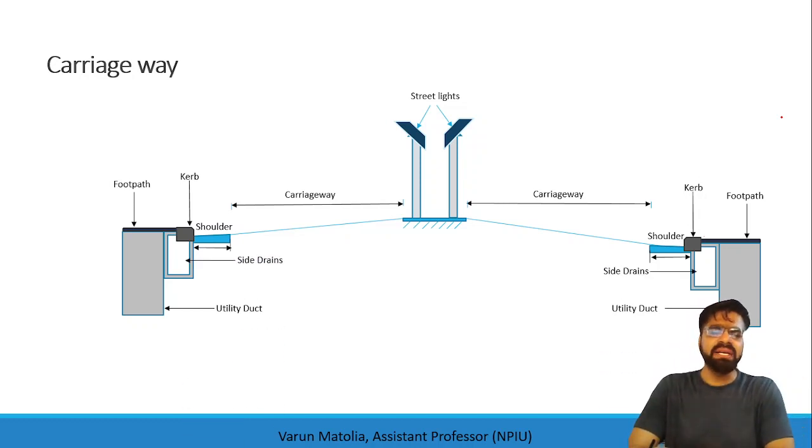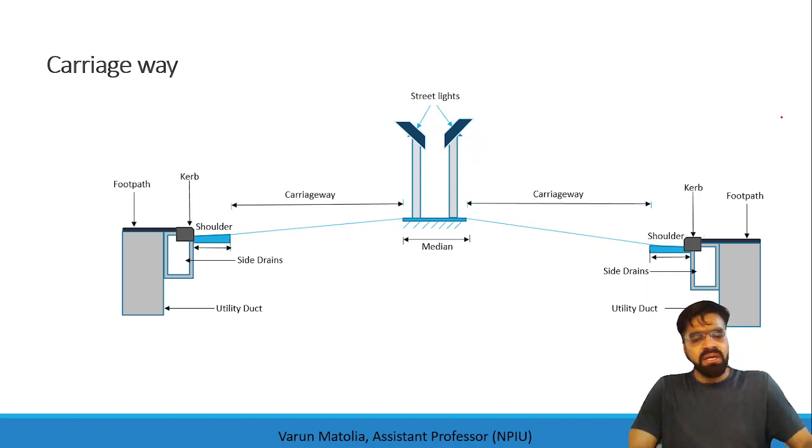Then there is the side drain. Below the curbs and the footpath area, there are drains which will take away the storm water, the rainfall water which gets collected on the sides because of the provided slope, that is known as camber. You can see the camber provided here on the road. Then the space which separates the two carriageways is known as the median. We generally know this median as the divider.